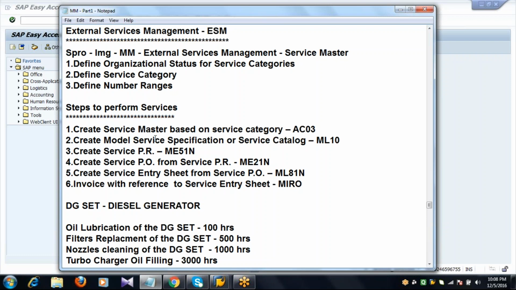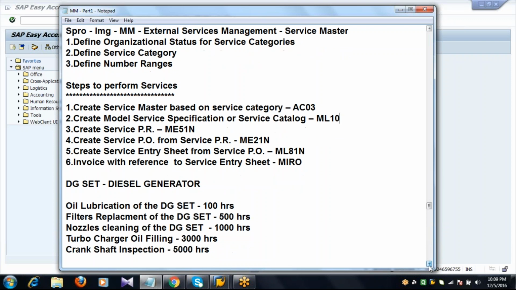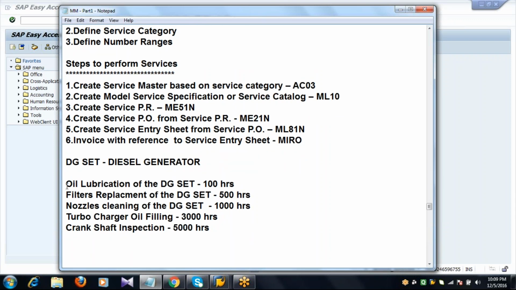Then we need to create a service catalog or model service specification. Just now I told you what this service catalog means, where it contains what type of services we need to perform for that equipment. Normally, just now for a sample I listed some five services, but in real time for each and every machinery and equipment you will have thousands and thousands of services.